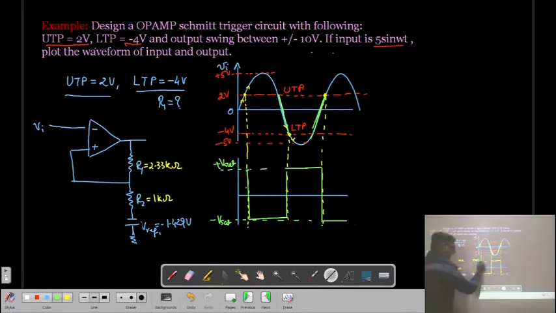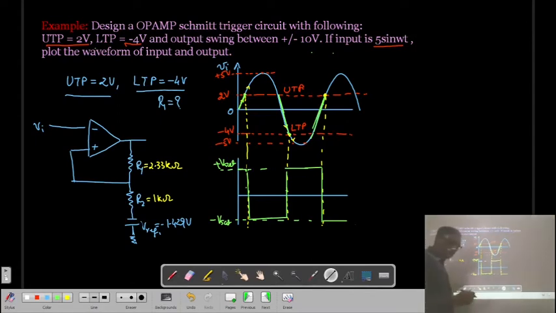Now remember, here at this initial point, this voltage of the input is between the LTP and UTP. Means what will be the output? So you can see at this point it is crossing the plus V saturation to minus V saturation and it is remaining in a previous state, means this is a plus V saturation. So this is the waveform of a comparator, output of the Schmitt trigger circuit.